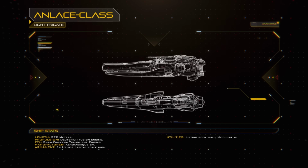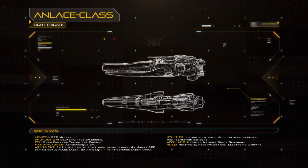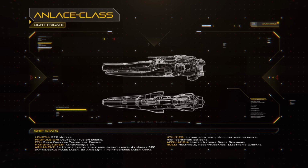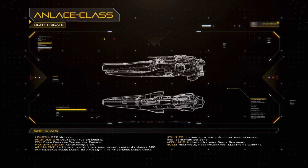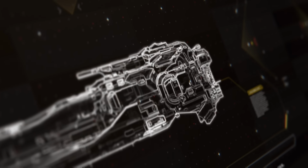Representing a significant departure from traditional UNSC designs, the Anlace class light frigate was among the smallest ships in service with the UNSC Navy at only 372 meters in length, and had a number of adaptations for atmospheric flight. These consisted of a lifting body hull, with a number of concessions made for aerodynamics, as well as maneuvering systems designed for intra-atmosphere operations. Its armament was focused entirely on directed energy weaponry, allowing for sustained combat operations away from